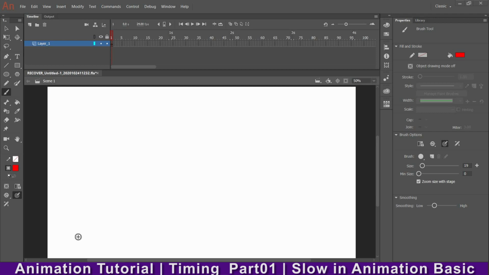We need to find that out, and accordingly we need to do that in our animation so that the animation looks real or convincing. So we need to decide the timing of that particular object or part or character prior to our animation. So how to decide that? In this video I'm going to explain to you with some examples about slow in and slow out. So let's get started.